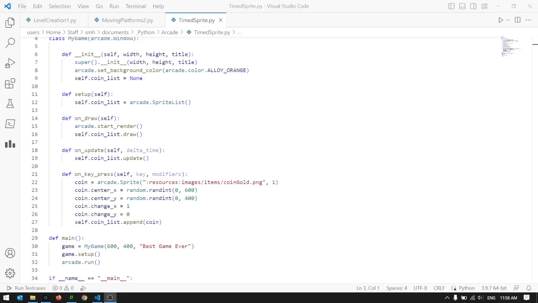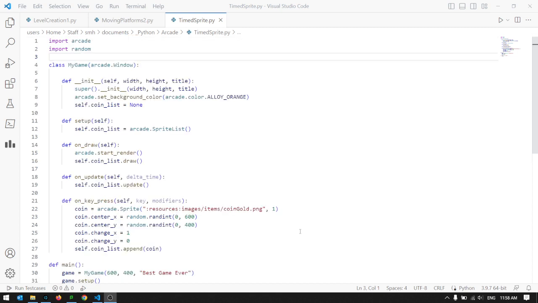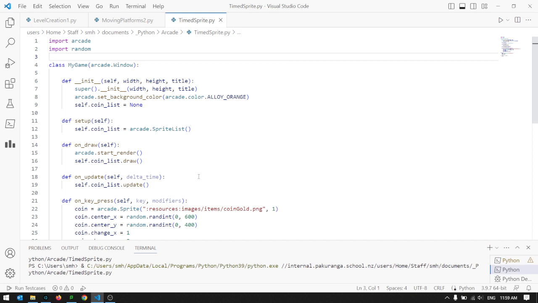So I want to make a sprite which has got a limited lifespan. This might be useful in terms of what you actually do in your project, but also I think the ideas are going to be helpful anyway, because we're going to do it with a separate class that we've done in the past. So just to quickly look at what we're doing here, I've got this little program,